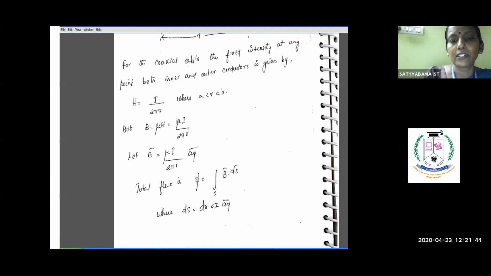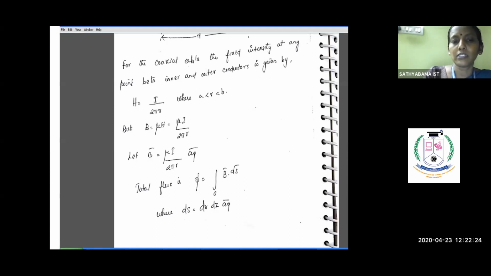So your phi equation can be written as surface integral of B into dS here. And B is nothing but mu I by 2 pi R a phi. Now you just think about what dS is. Recollect in the first unit, dS is nothing but area normal to the a phi vector. Since it's a cylindrical conductor, remember what the coordinates are? It is R, phi and Z. So the area normal to phi is going to be between R and Z. So your dS is written as dr dz.